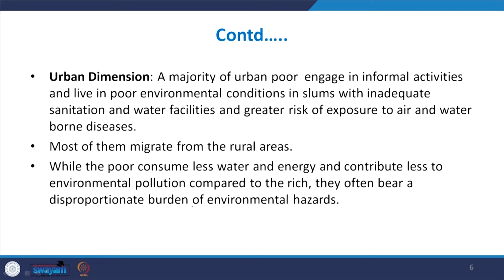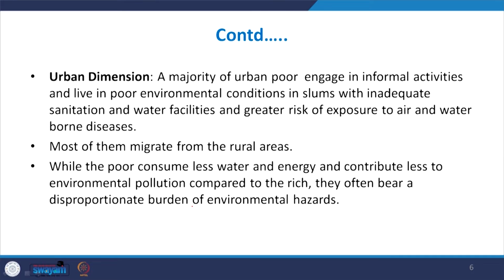Some of them do not even have shelter, and they have inadequate sanitation and water facilities, and also have greater risk of exposure to air and waterborne disease. So, in urban areas, when industrial pollution occurs, when air pollution occurs, when water pollution occurs due to release of wastewater into the water bodies, then most sufferers are the poor people living in the urban areas. So, therefore, if the environmental conditions improve due to external interventions, government interventions, then it will improve the well-being of